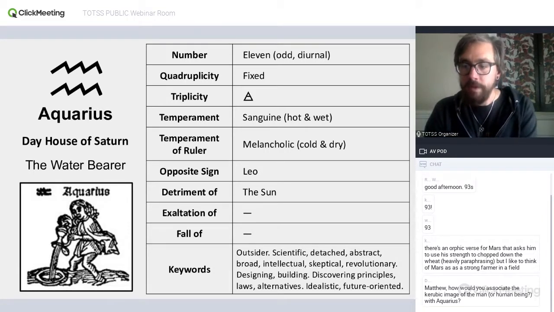Let's see. So the image of, so the Caribs are a complicated thing, and there's different sorts of traditions of that. I mean, certainly the idea of Aquarius as a humane sign, and Aquarius is interested in social things, I think that image of a human being is appropriate. Though for other contexts, like in our tradition, we often use the image of an eagle as the cherubic sign of Aquarius. Though certainly that idea of being humane and interested in social things and society, I think, is appropriate. So yeah, it's good symbolism to be aware of.